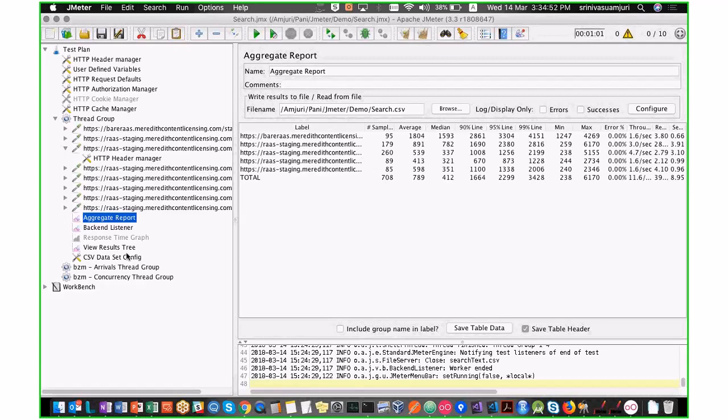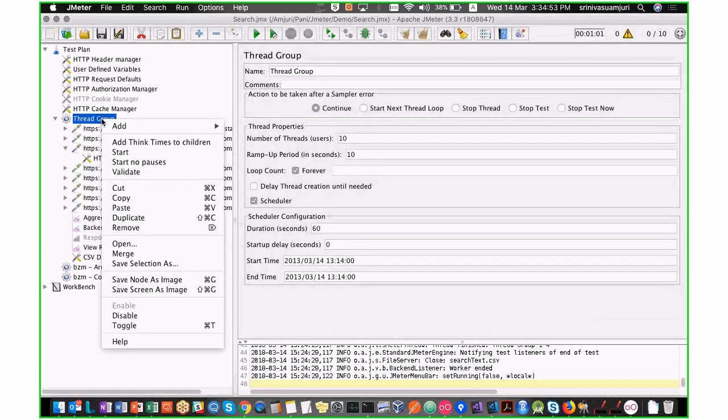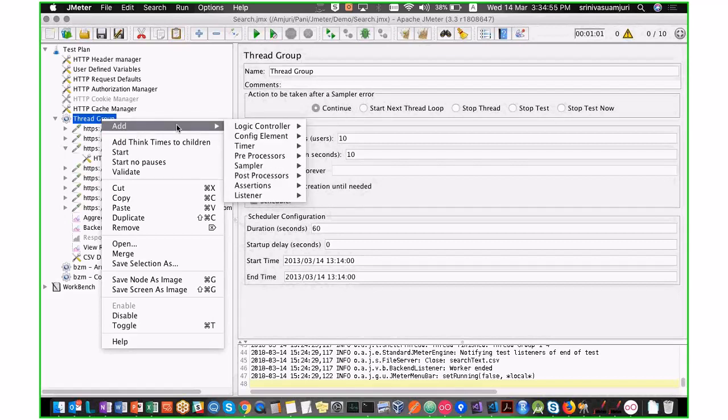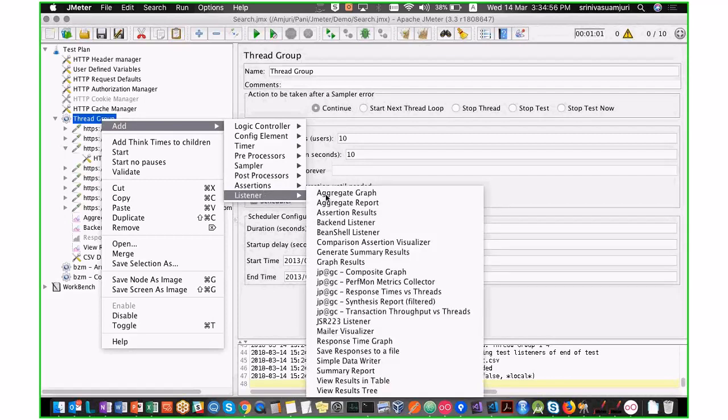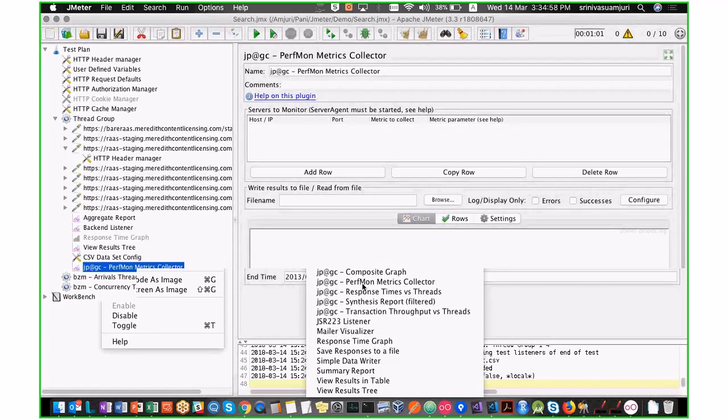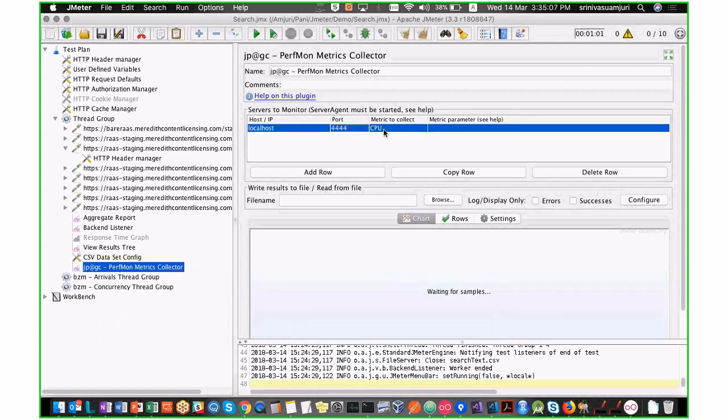In JMeter, as I said, if you want to capture those things, I think you can add these listeners, but I haven't tried PerfMon. You just need to specify the server URL, the server IP address, and which port is enabled in that system, and then you can specify the memory or something. You can see that memory graph here, how much memory it is consuming for that particular server